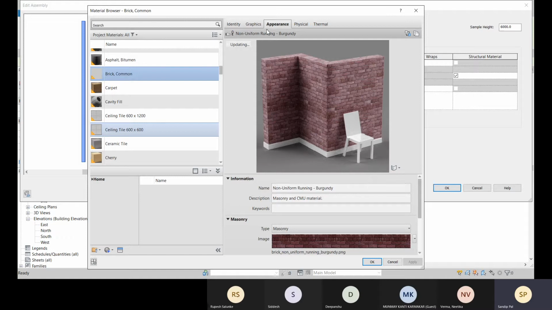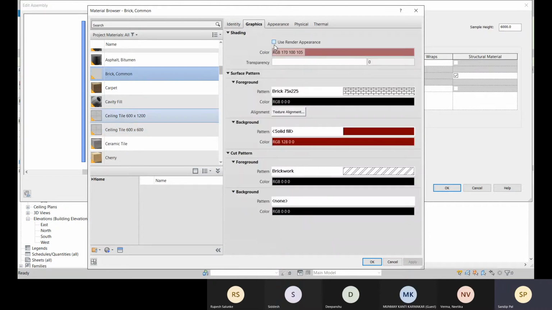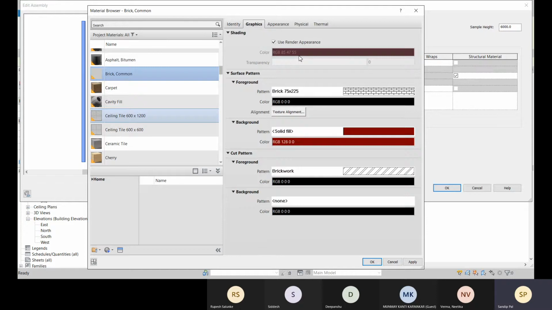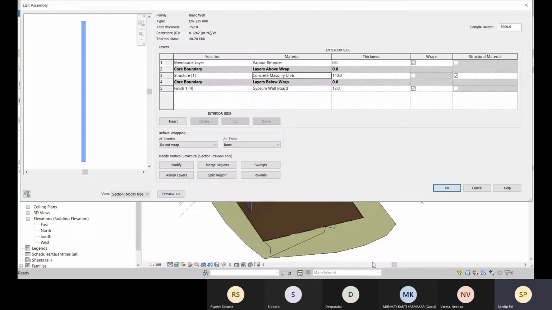In the realistic mode, this appearance option will appear in the realistic visual style. And here you can choose this use render appearance. This is applicable for the shaded visual style. So you can choose this so that this appearance color will be locked, and this color will be visible in the shaded visual style. And after that you can click OK.